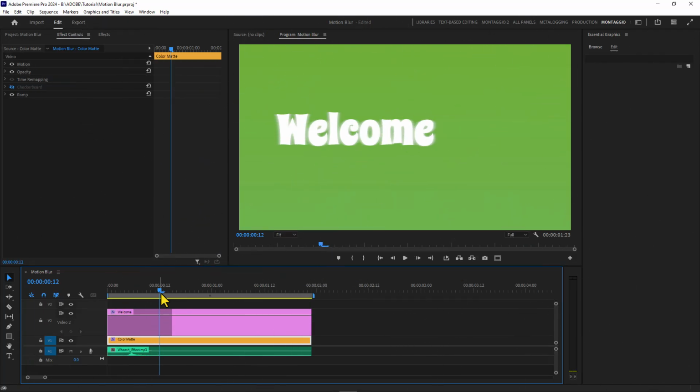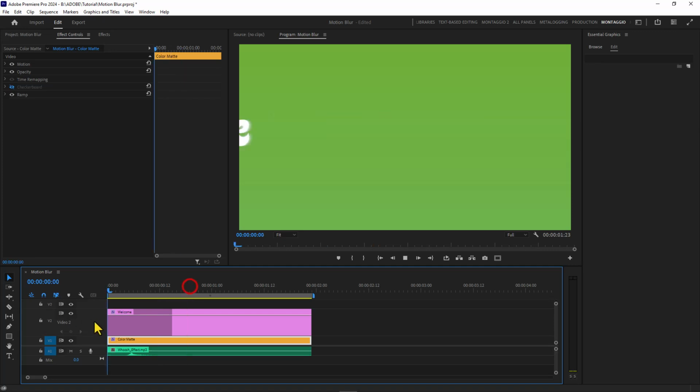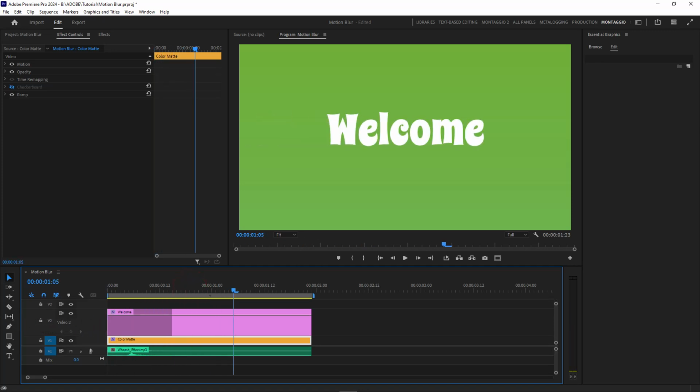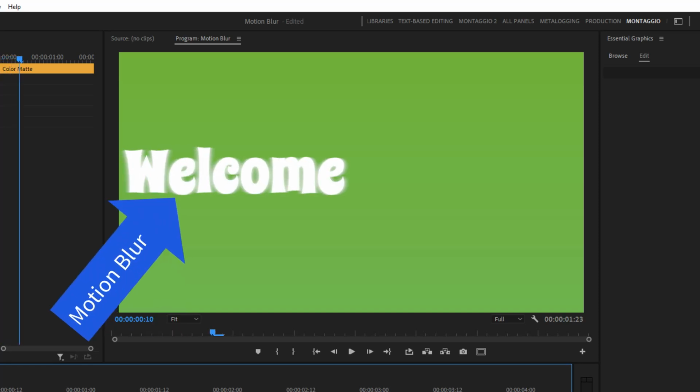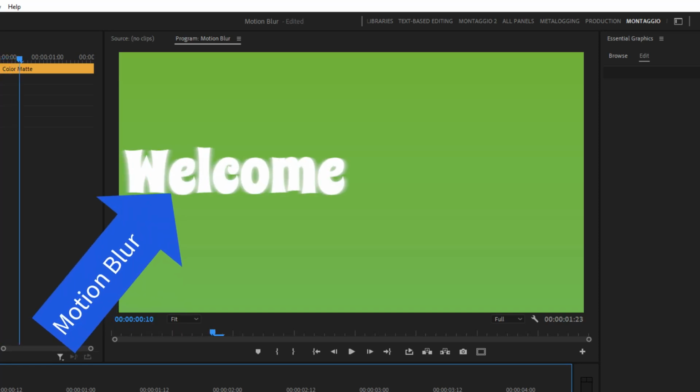We'll start with the motion blur effect. The motion blur effect is used to give a sense of realistic movement to animations. The motion blur effect helps capture the scene as the human eye would. The object does not appear sharp while moving. There is also another motion effect that we will show you in the next video.